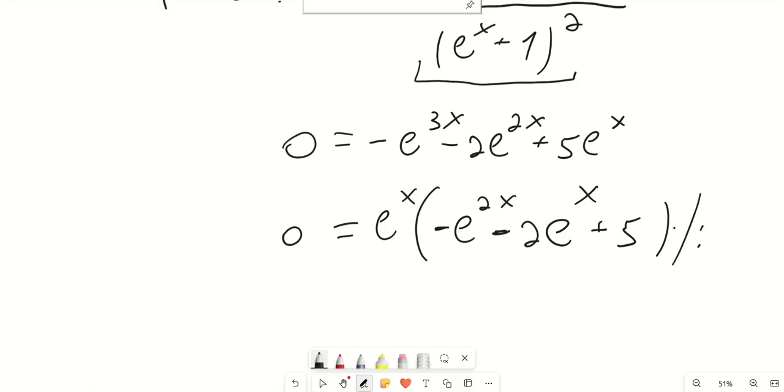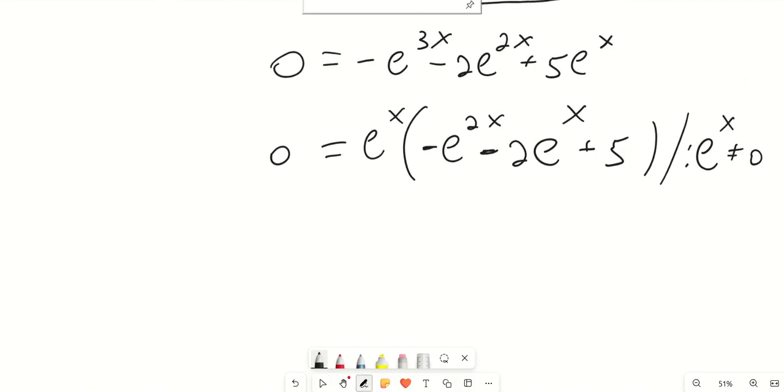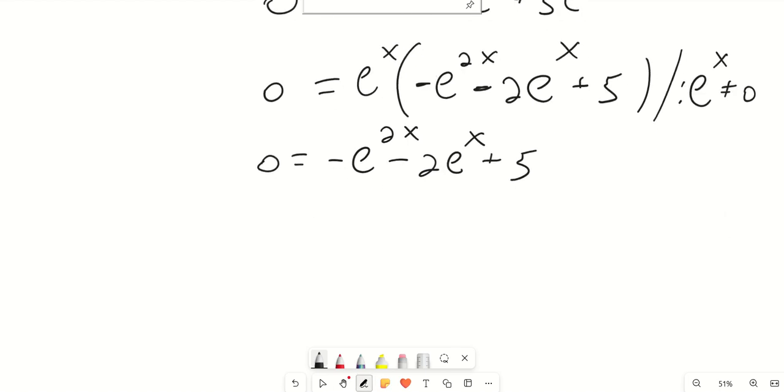Now I divide the equation by e to the power of x, which is non-negative, since it is an exponential term. So I am left with minus e to the power of 2x minus 2e to the power of x plus 5. Now this is actually a quadratic equation. One can see that by the substitution. If I call e to the power of x t, then I can write that